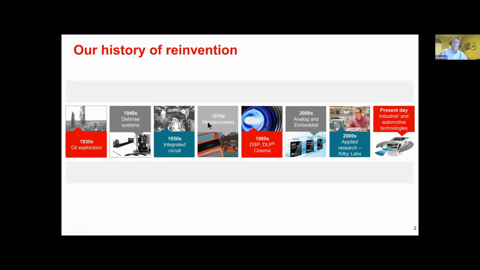In the 1970s, there was more of an emphasis on microprocessor technologies, and you see a picture of the Speak and Spell, which was the first application using a DSP chip for speech synthesis, which was an interesting foray, and digital signal processing was a heavy emphasis of our business for quite a few years. In the 1980s, we continued the DSP. We also invented the digital light processing, or DLP technology. If you've gone to cinemas and you've seen that in the projection systems used to show large screen format movies, that was a technology that came out of TI in the beginning of the 1980s, Larry Hornbeck